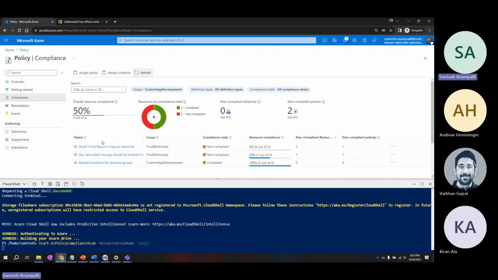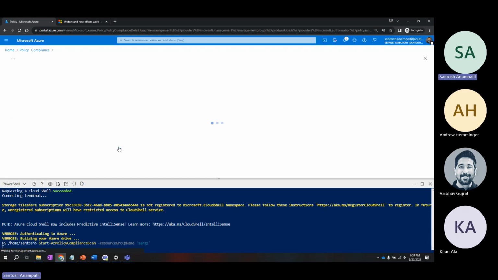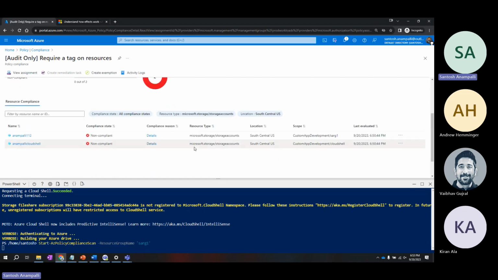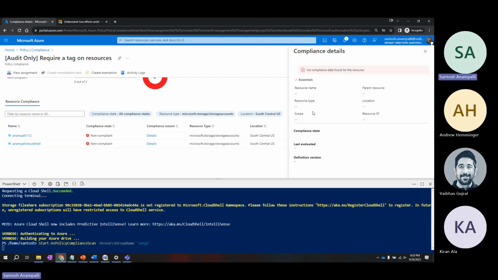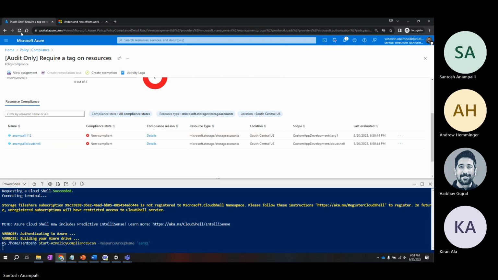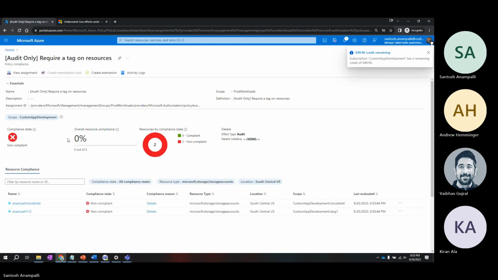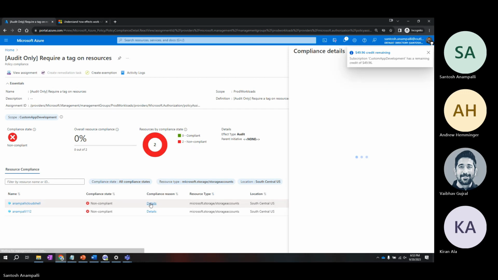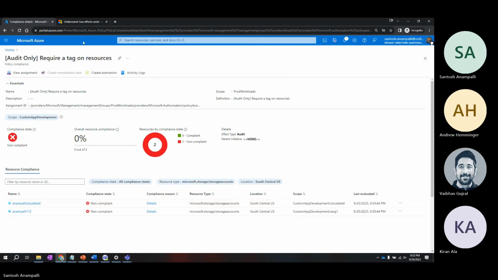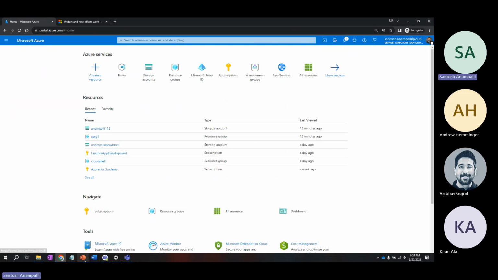So if you look into the compliance, the scan has run, and you can see my custom policy which I created just now, and it shows that two of the resources are not compliant, and the two resources are these two. And when you see the compliance details, it should show up. So when I go back to my